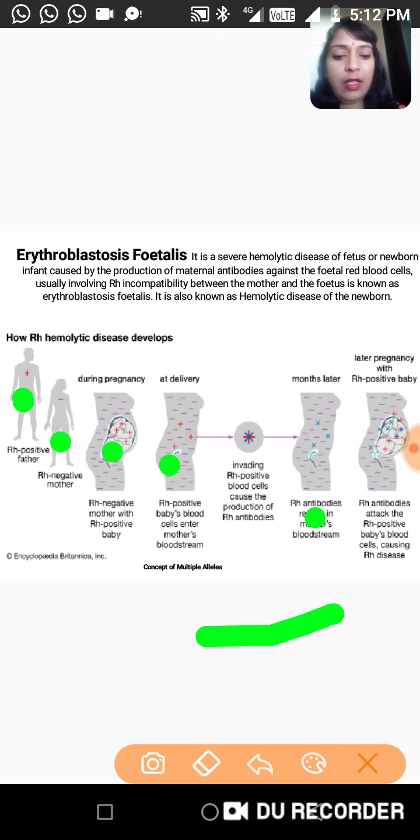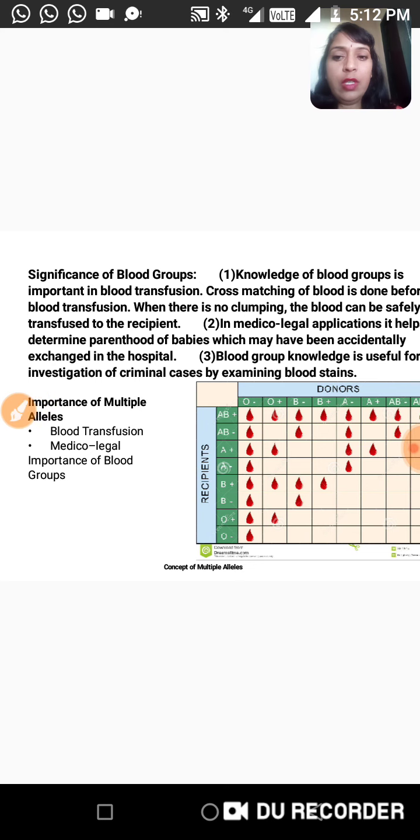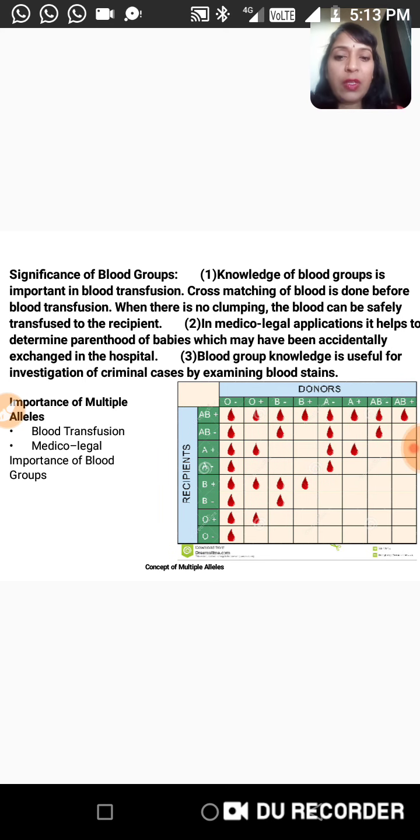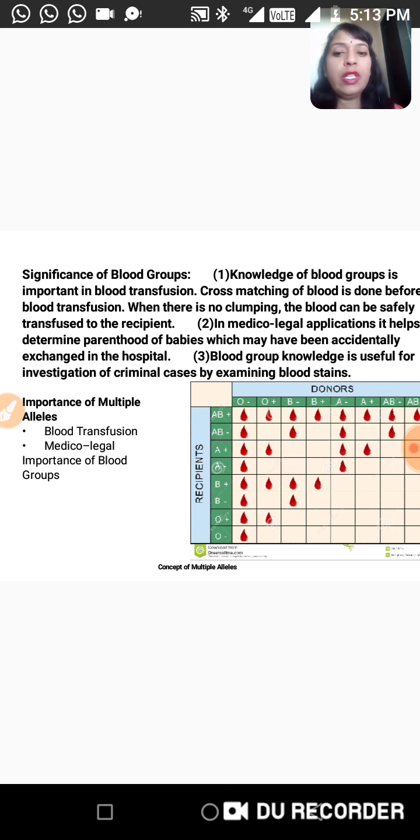Now let's move ahead with the significance of the blood group. Why is knowledge of the blood group important? Knowledge of blood group is important in blood transfusion. In that case, cross matching of the blood is done before the blood transfusion. When there is no clumping, meaning no clotting, only then can the blood be transferred into the body of a recipient. The second significance is that